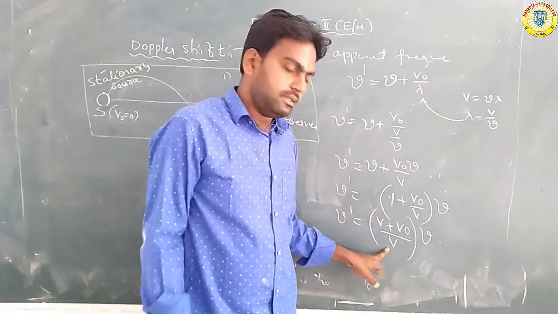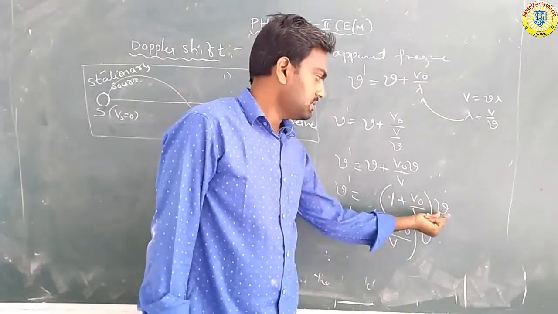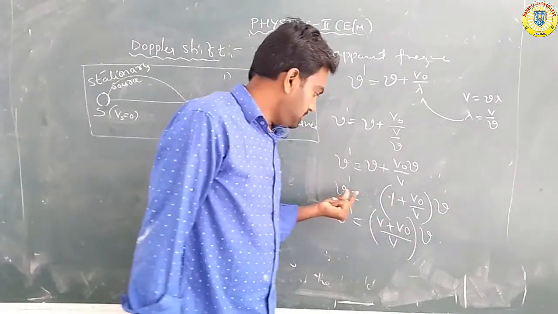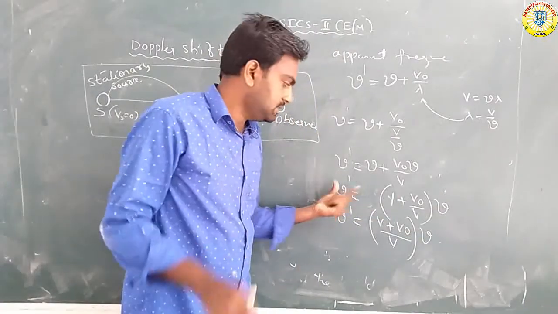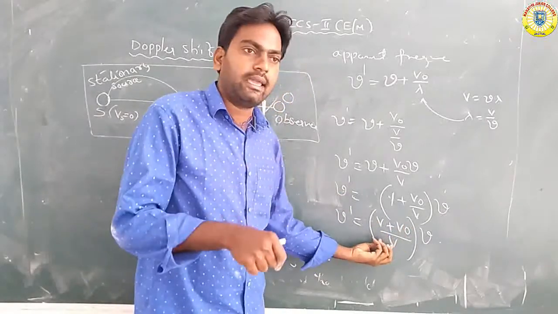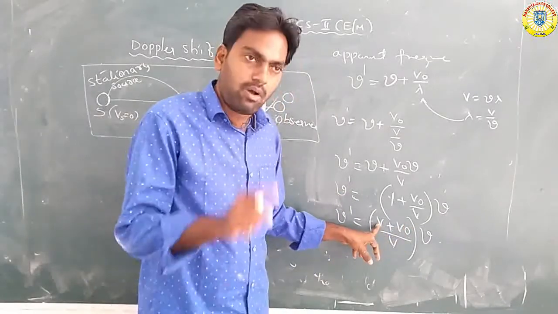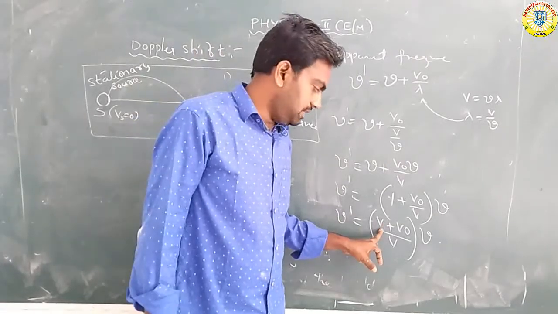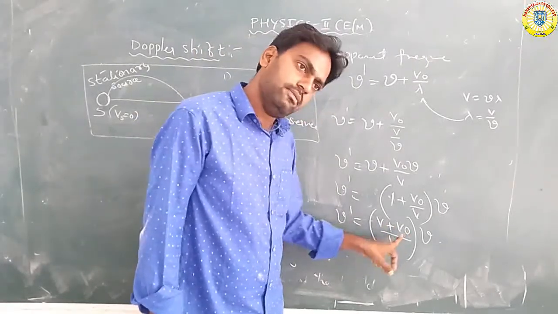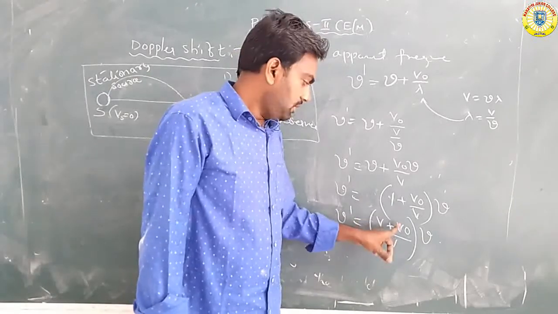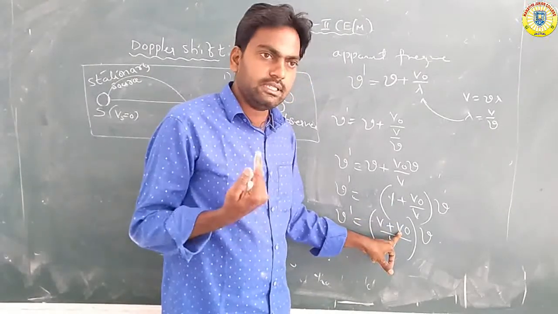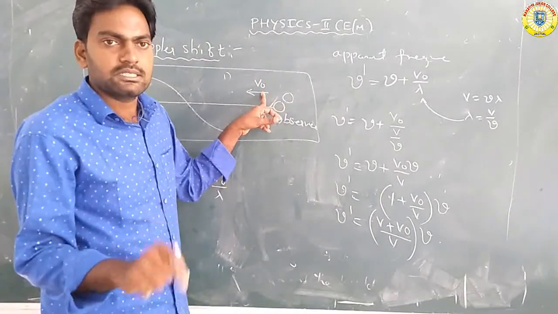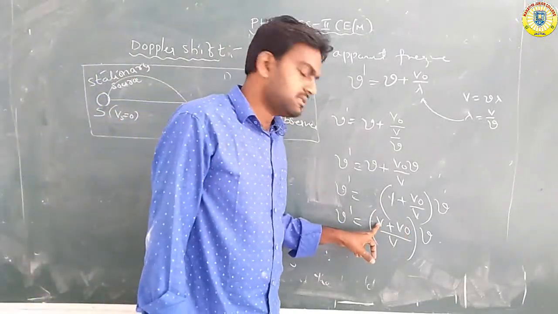Why have we changed the bracket? Because here nu is the actual frequency and nu dash is the apparent frequency, but inside the bracket are velocities. Velocity V, velocity v naught. Everything is about the observer moving with some velocity, so we write v naught. V velocity means